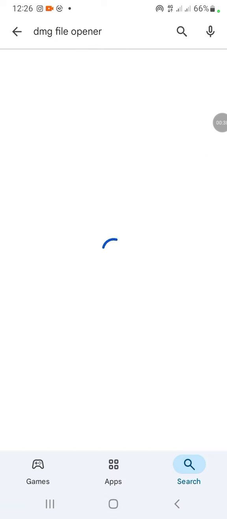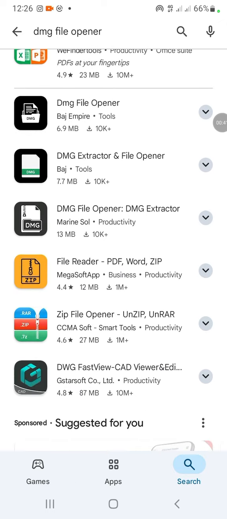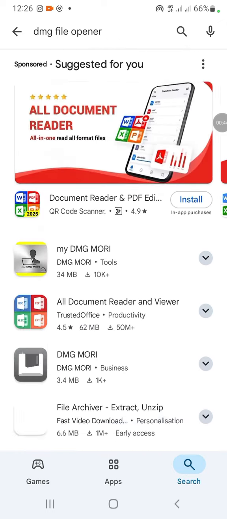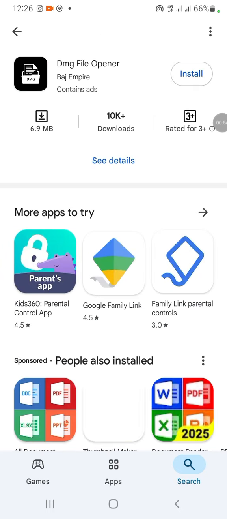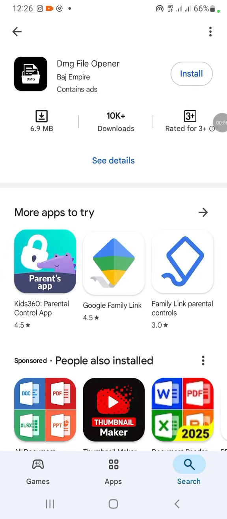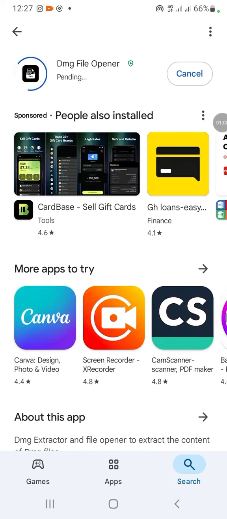DMG file operator. I see DMG file operator. So we search for DMG file operator. So this is it. DMG. So you click on it. So this is the DMG file operator. Then install. After you install, it will help you